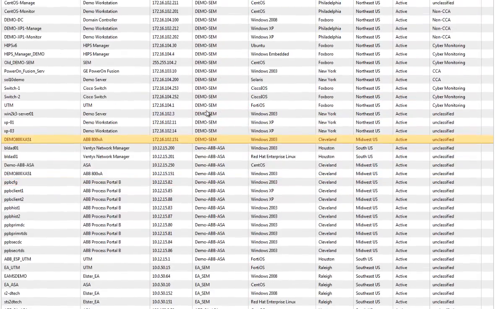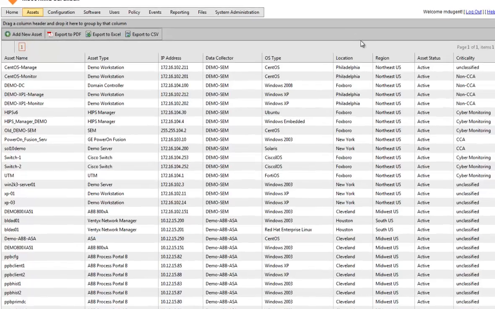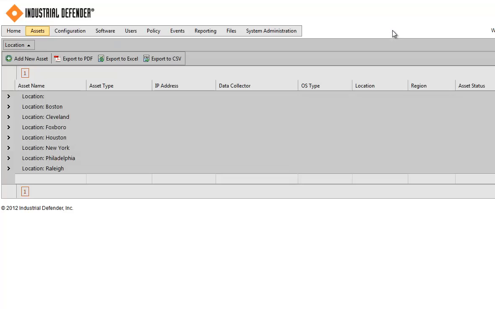And we look over these assets through a variety of different types of data points. We can identify the name of the asset, what type of asset it is, and this is customizable. This can be whatever you want to put in there. I've identified it based on whether it's a workstation or a server, a switch, or if it's a specific vendor control system, I've identified that control system. You'll see the IP address, the operating system type, location, region, a bunch of basic information just to identify your assets. This information is sortable, so if I want to look at only my assets that are here in Foxborough, I can drag this location tab up to the top and open it up